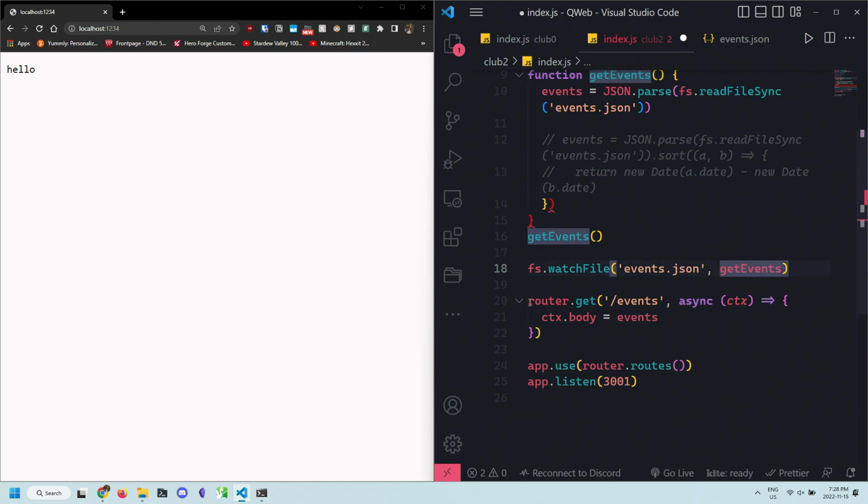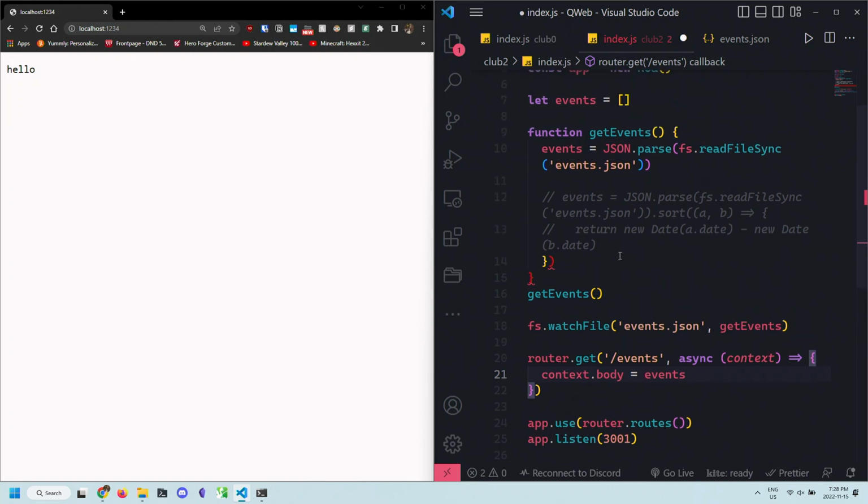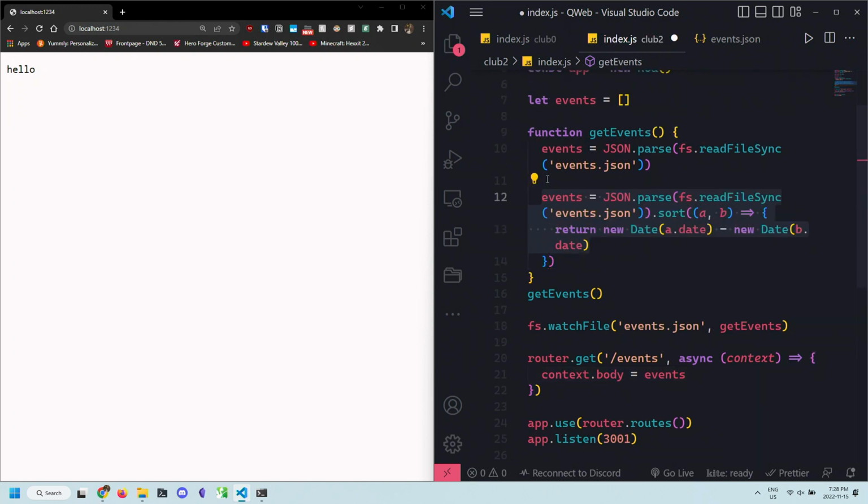And then we're going to say, hey, I'm going to define this new route, and it's going to be a get request, which just means we're going to give information back. And then I'm going to say, hey, whenever they go to /events, I'm going to define a new function, and I'm going to give in the context. And so before we wrote out the word context, sometimes you'll see this short form CTX. But notice if I change this to context, it's the exact same. And then we change our body to be equal to the events, which are all of the events that we pulled from our file. And so if we save this, and I'll even return it back to the sorted version,